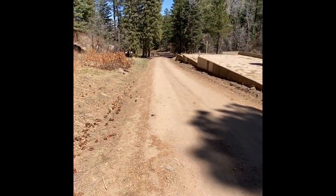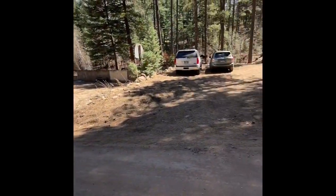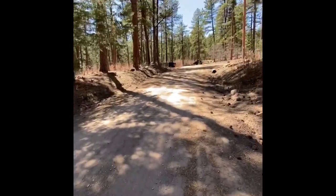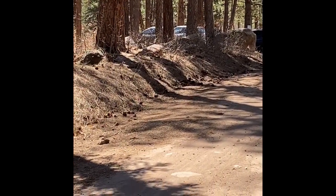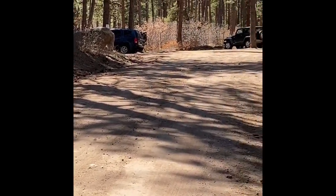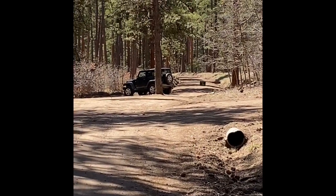If you come up this road past the old basketball court, there is a little more available parking up here. Another small parking area right up this way. Good place to park. It's small though. Again, we suggest parking up at the larger lodge parking lot. There is a cable over the road up there,